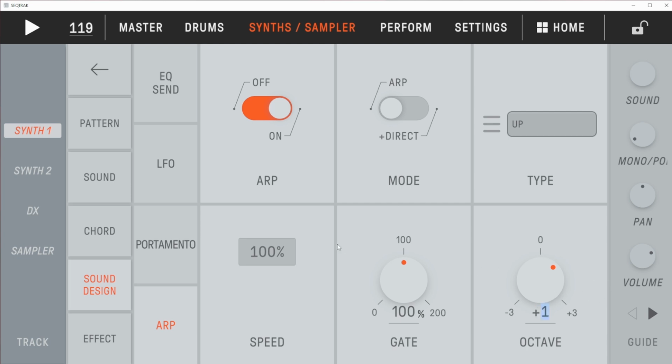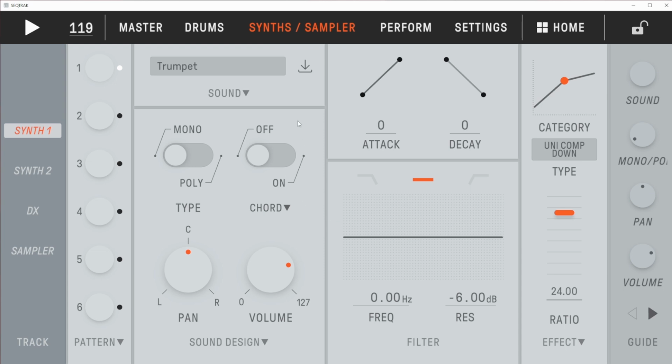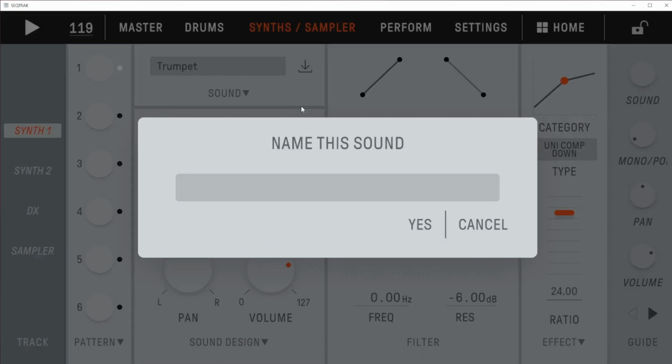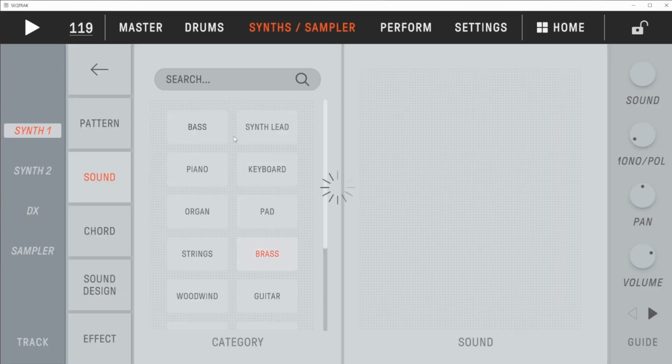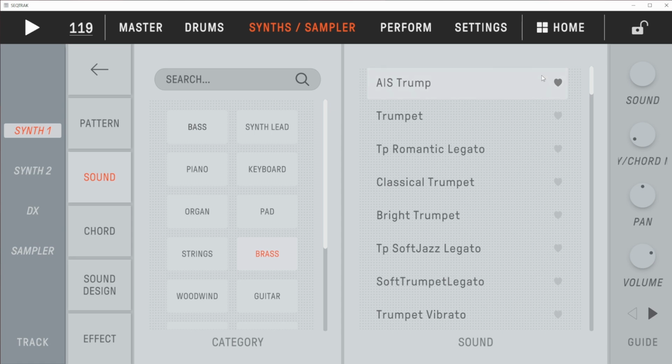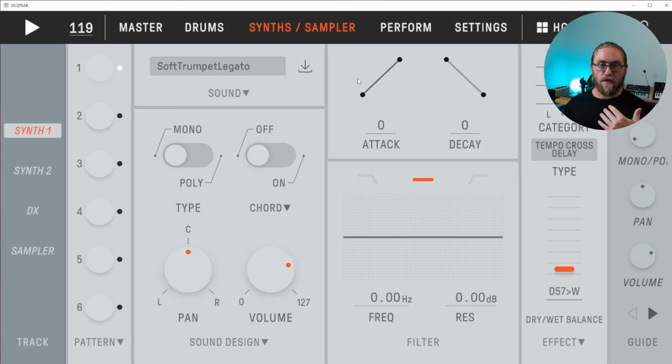octave. So after tweaking everything and you really enjoy that sound, you can come in here and just give it a name. So we'll just click here. We go yes, and then that's saved into our sounds as well, and given it a bit of a favorite. So Synth 1 and 2, they're really interesting because they're just samplers, but they offer a lot more control on how we can apply effects, do some routing, and really take a sound into something more that we can control